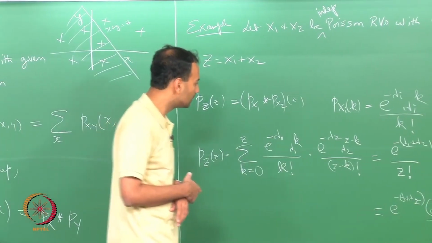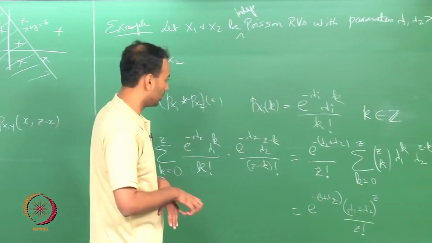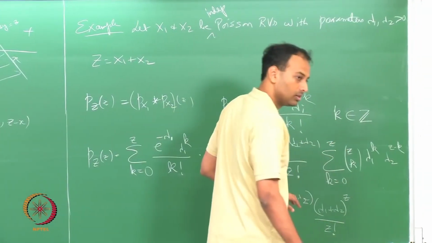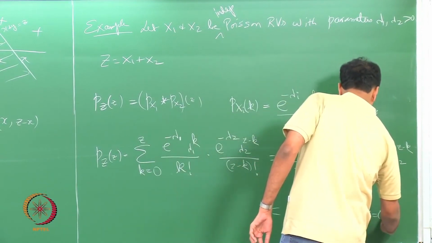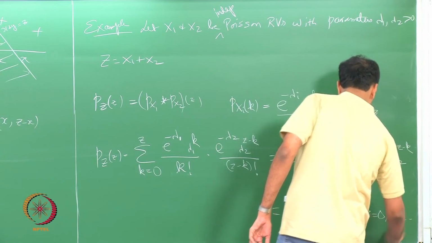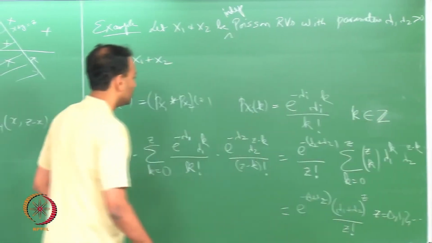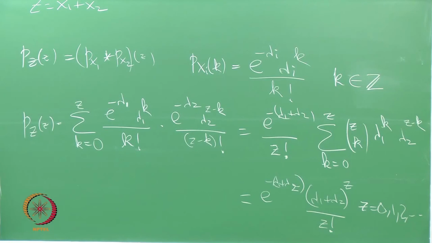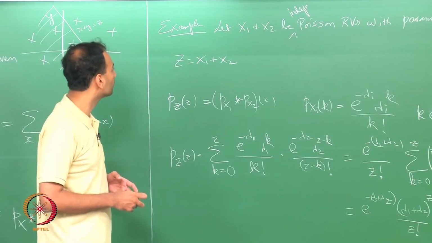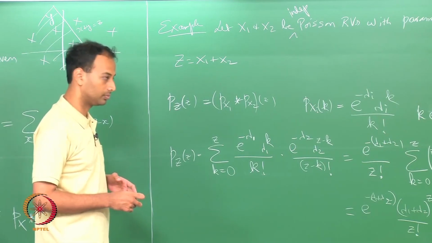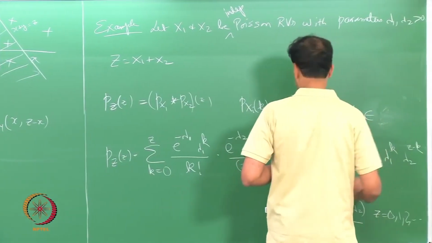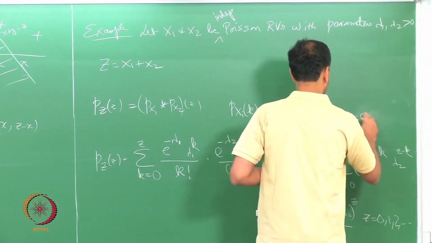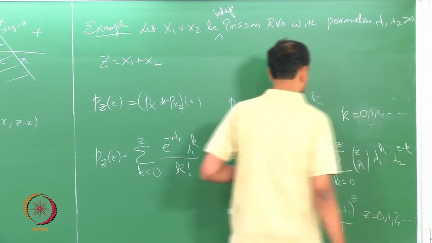Sorry? Is it set plus k number? Yes. So, this holds for z in 0, 1, 2, dot dot dot. This is a distribution over non negative integers. So, is that k an element of set plus or set? Correct. This is an element of Z plus. So, let me just write 0, 1, 2, dot dot dot, whole numbers.